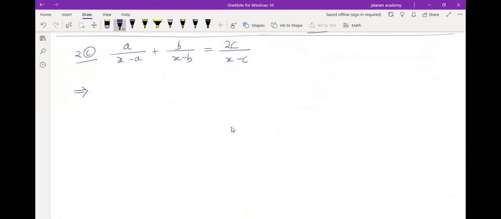Always remember one thing, the term which is in the denominator cannot be zero. Is that clear to you? Though it has x, still it is non-zero. Why? I have told you that all those terms which have x in the denominator cannot be taken as zero. They should not be cancelled out. Is that clear to you? All the terms of x should not be cancelled out, as they can be taken as zero. Is that clear to everyone?